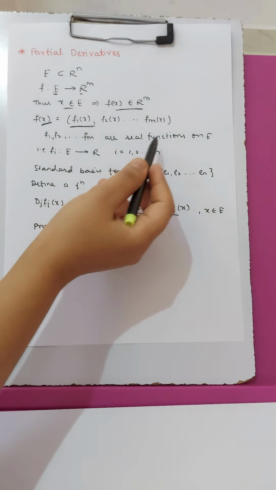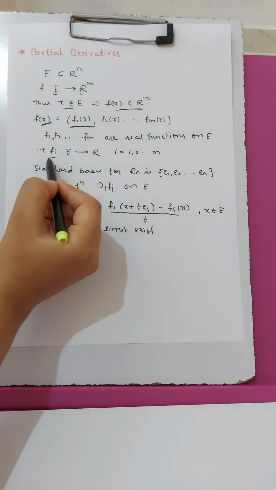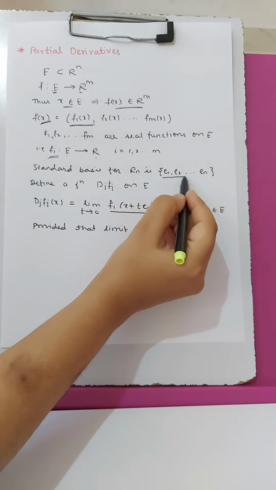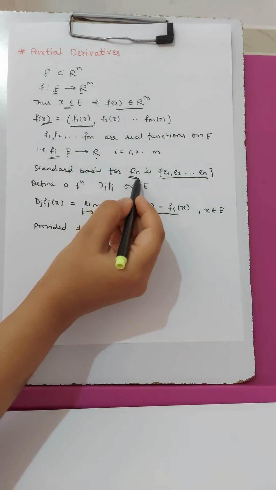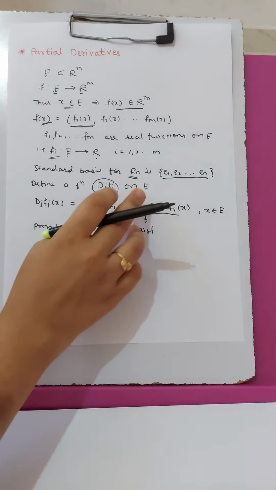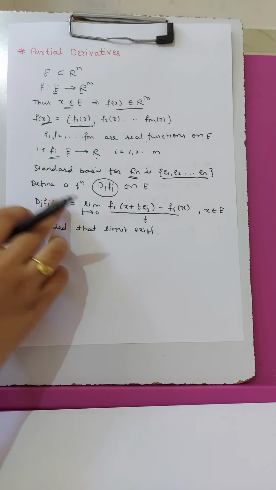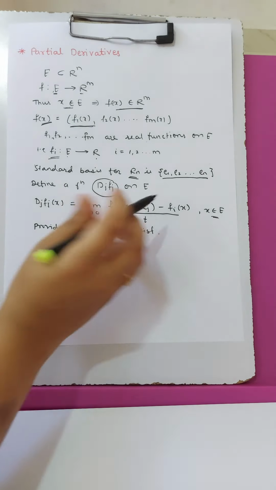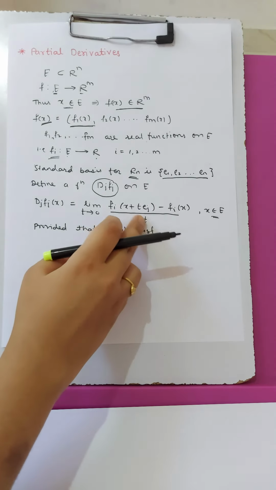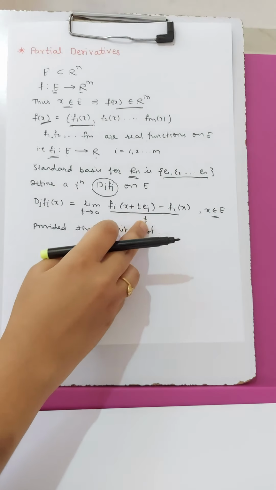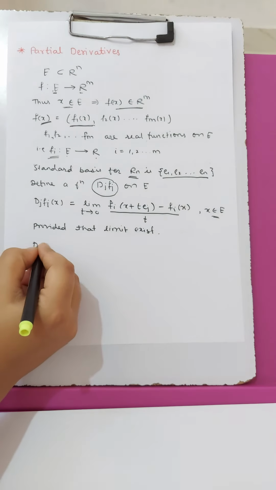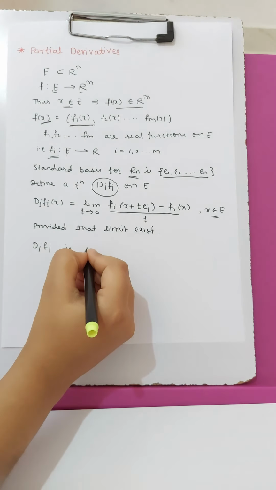Each function is a real function on E, and each fi is a mapping from E to R. Then we know that e1, e2 up to en is a standard basis of Rn. Then we define a function Dj fi on E such that Dj fi of x is equal to limit t tends to 0 of fi of x plus t ej minus fi of x upon t. Provided that this limit exists, then this Dj fi is called